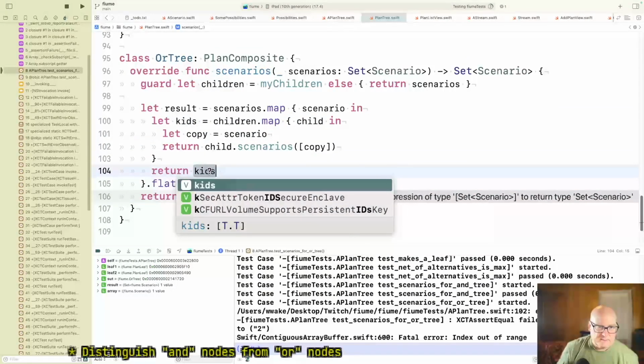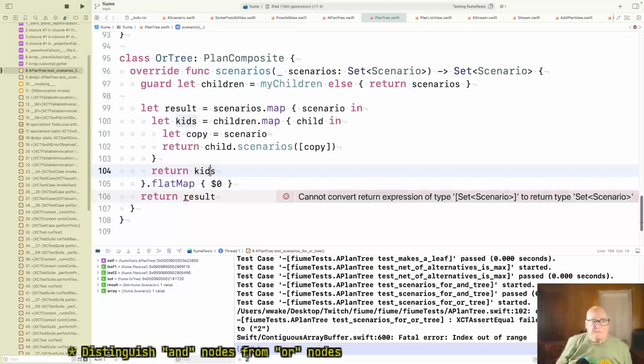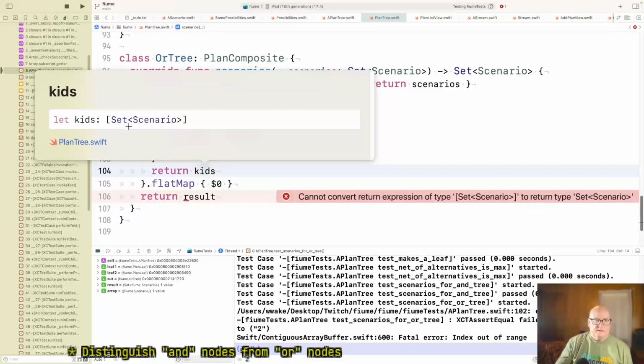Just so I can look at the type. Kids are array of set of scenario.